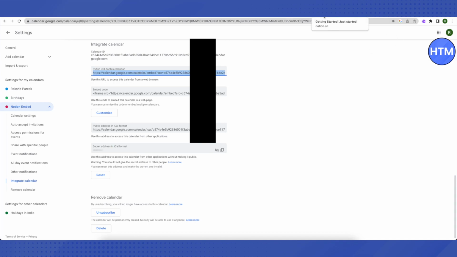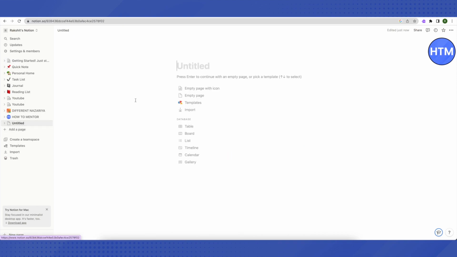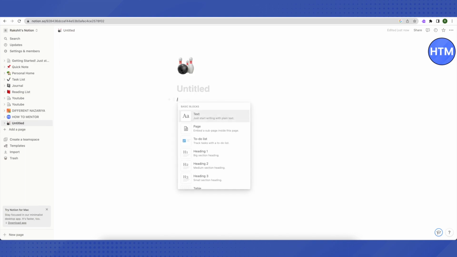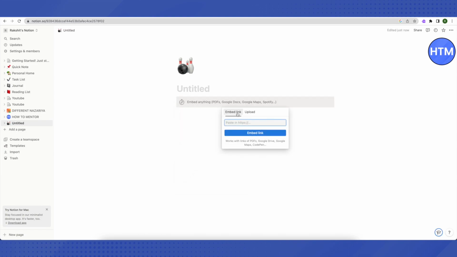After that, go to your Notion account and here click on add page. Select any of the page that you want to create or where you want to add this Notion calendar, and after that type in slash, so you can command or give command, and you have to type in embed and then select this embed command and make sure that you have selected embed link and paste the link of your Google Calendar that we have just copied and click on embed link